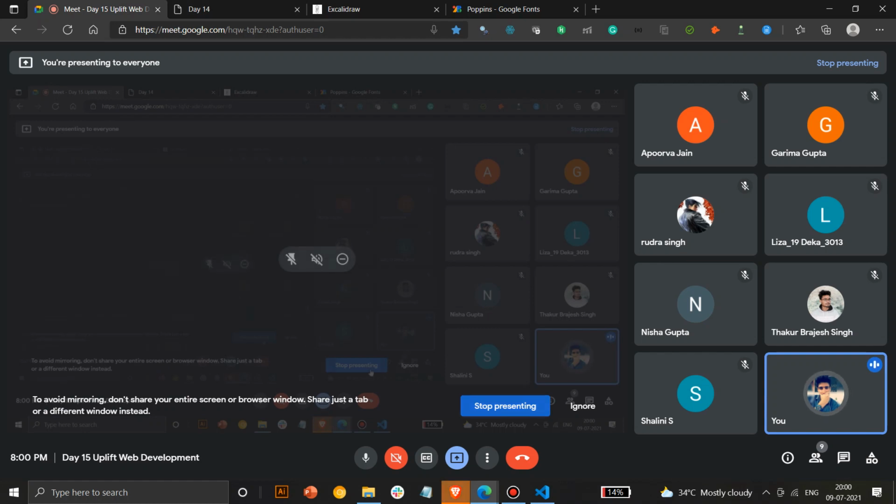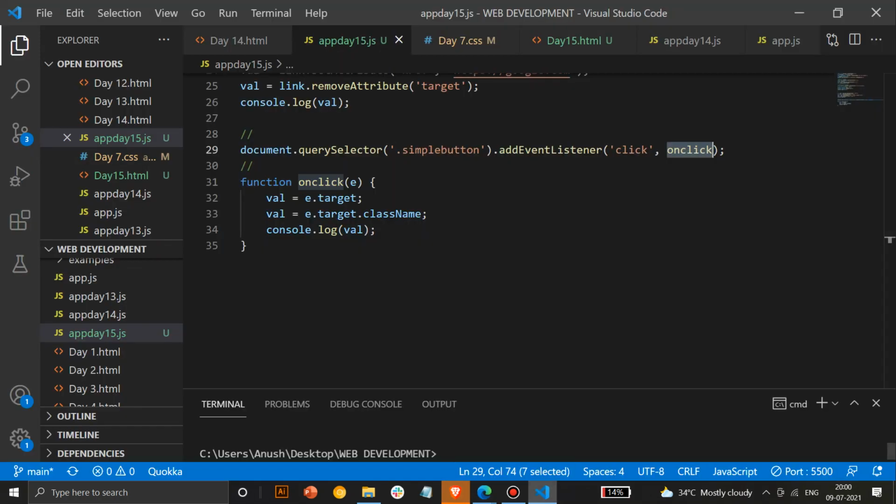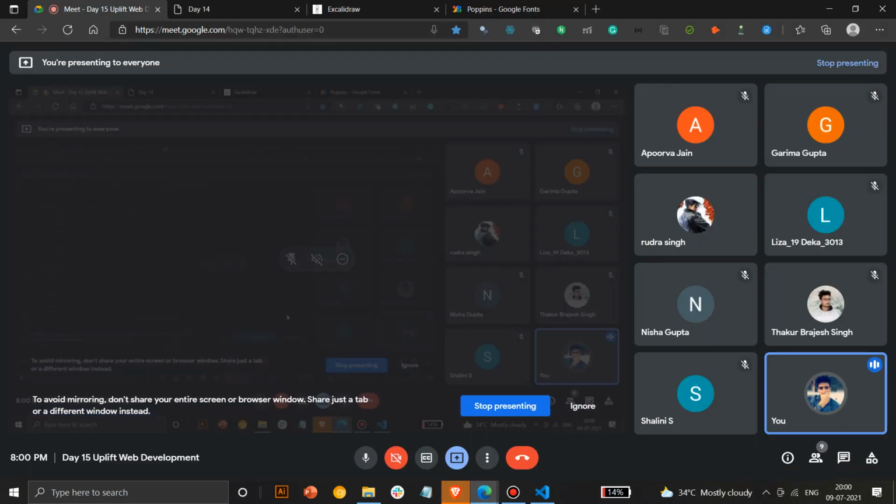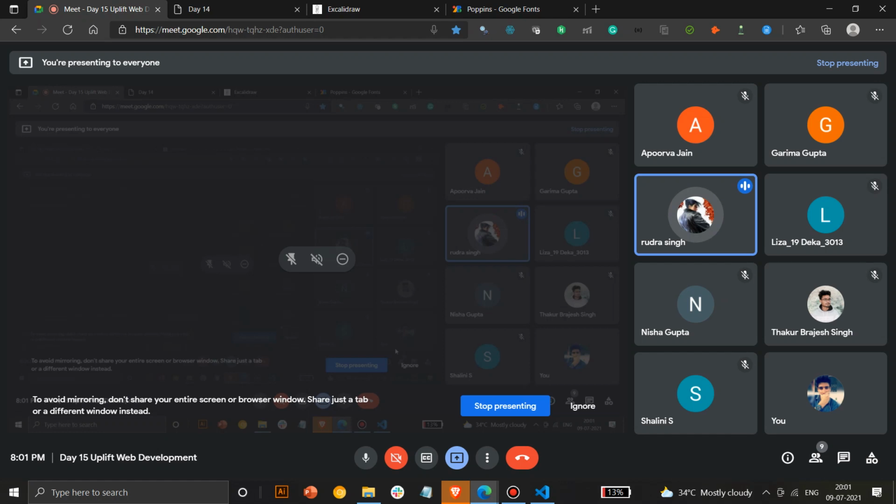Tomorrow, Sunday, we'll have a revision class, and on Saturday we might have a CSS revision. If I'm free, I'll put that up in the group. If you have missed CSS classes, you can come for the CSS revision too, because JS will require CSS. That's why I'm having it on Saturday. It's a quick update, I will not go into details, so don't worry.